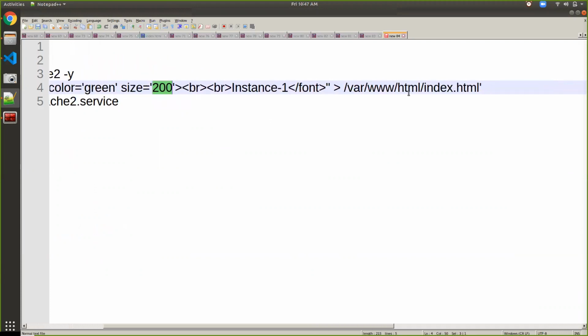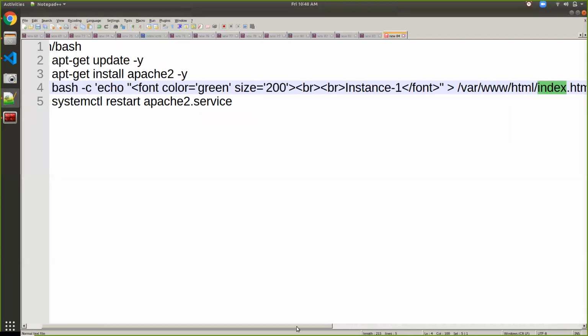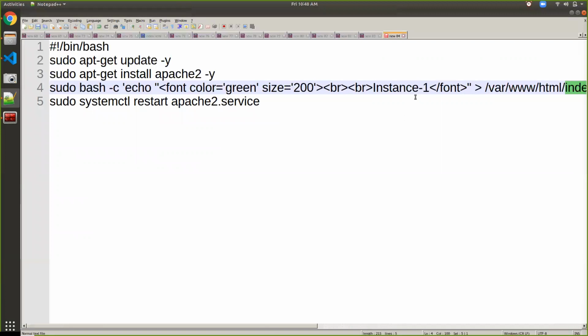into the Apache HTML index.html file, so that when I access Apache, by default this index.html file will be rendered and it will display instance one. I can replicate the same for the three instances: one for instance one, one for instance two, and another for instance three. Just copy that